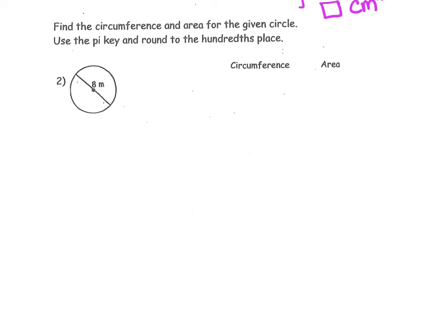In problem number 2, we are asked to find the circumference around the outside and find the area on the inside for the given circle. We're going to use the pi key again, but this time we're going to round to the hundredths place. Let's take a look at the circle that we've been given. If you look at this circle